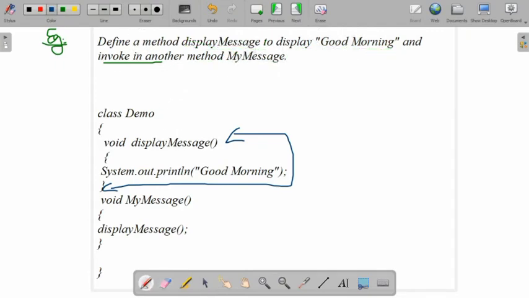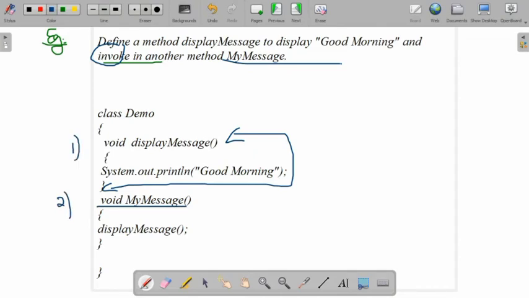Invoke means we are calling the first method. So this is the second method and this is the first method in this program. The first method is called inside the second method simply by the method name, no other procedures.